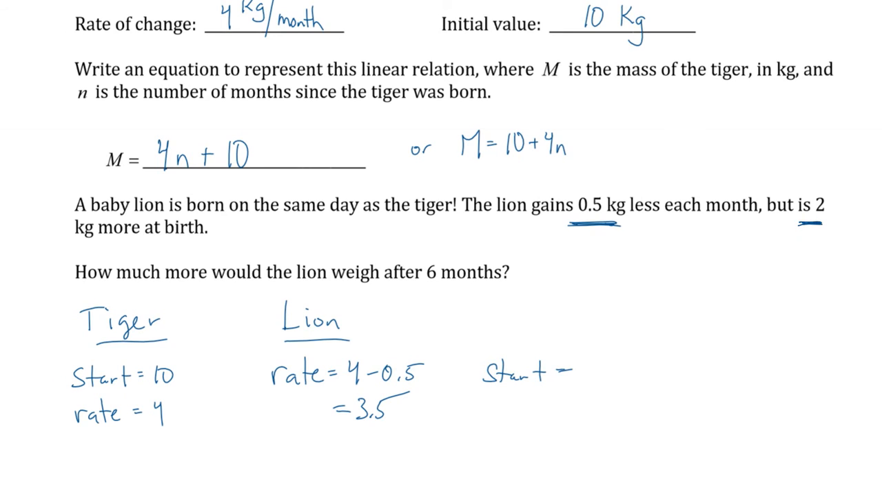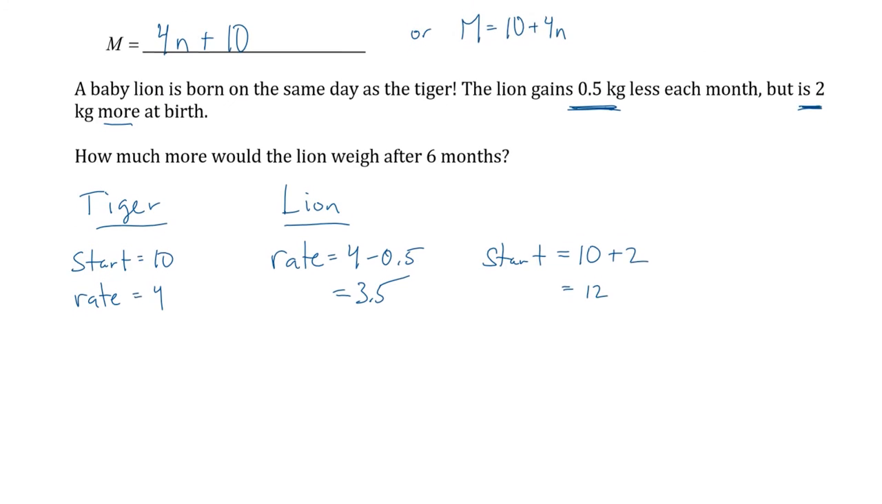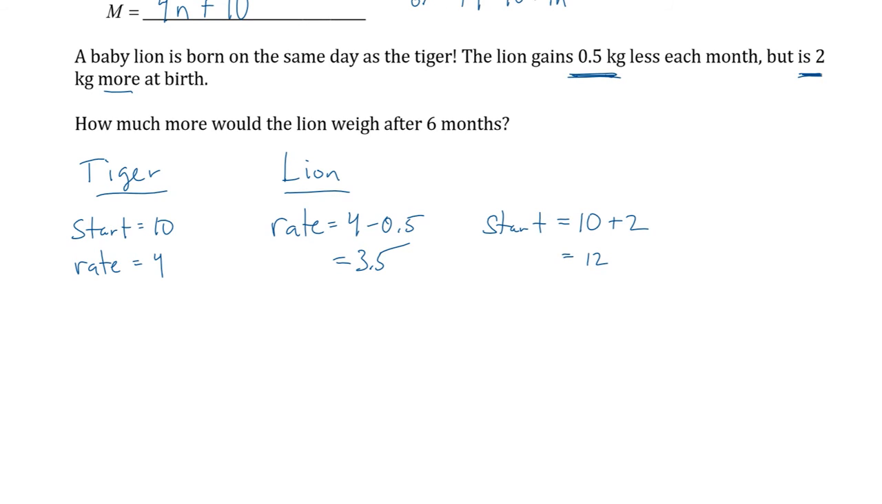And the start, but is 2 kilograms more at birth. So the start is going to be what the tiger started with. This means the tiger, right? Plus 2 more, which is 12. Well, now I've got the start and the rate for the lion. So can't I come up with an equation for the lion? And the tiger,